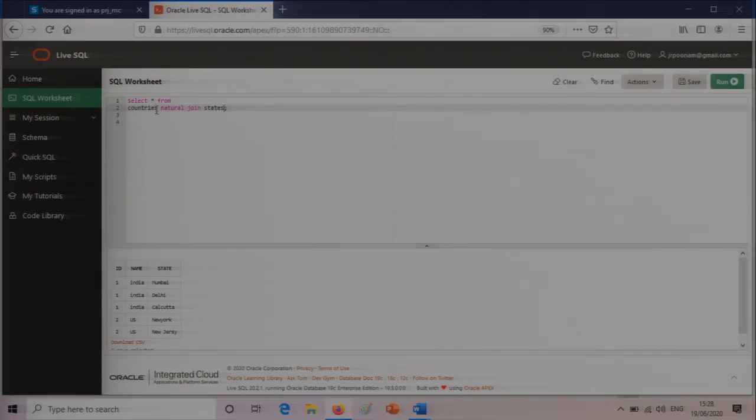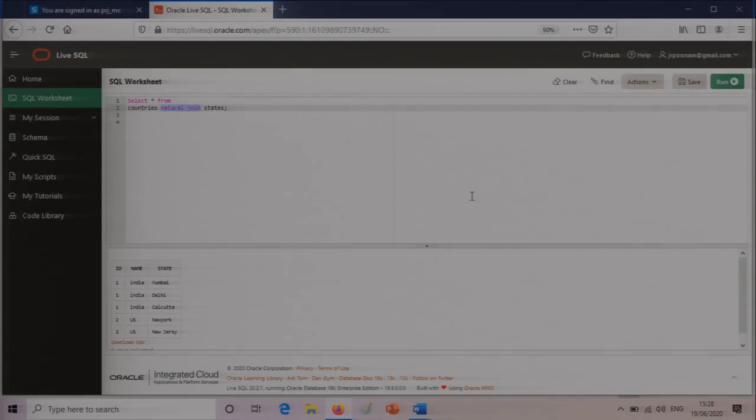The first table is called the left table, and the next table is called the right table. In between is written what kind of join you want to do. So here I want the natural join, so I have written natural join. Simply write the term natural join to get the natural join output between the two tables.